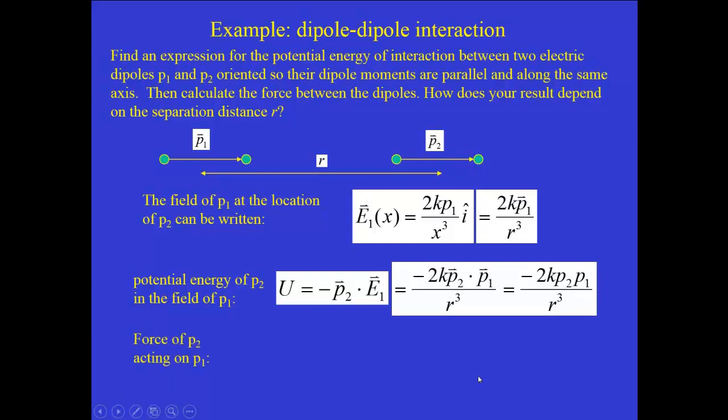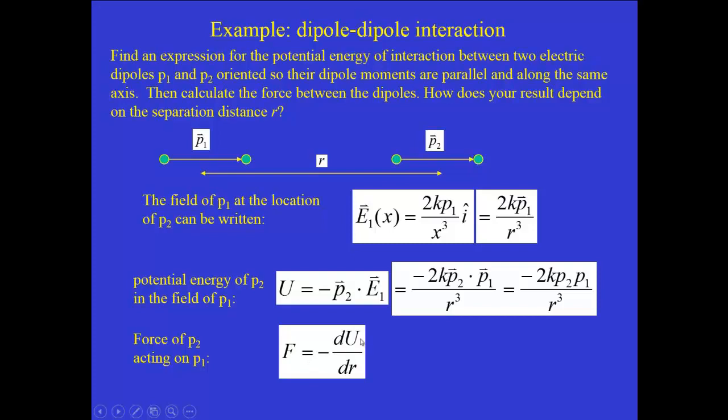Now how do we get the force from this? Actually, what this should say is the force on P2 from P1. I have that backwards here. But in either case, it doesn't really matter which way we think of it, because Newton's third law reminds us that the force of 1 on 2 is the same as the force of 2 on 1, just in the opposite direction. So the relationship quantitatively, if I have a potential energy function, the force along a given direction is